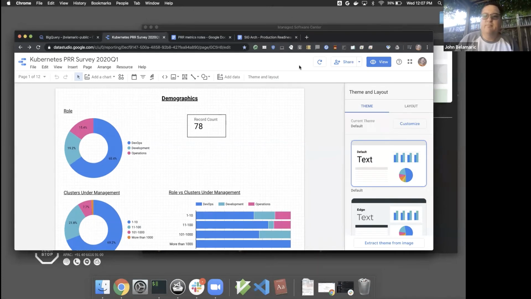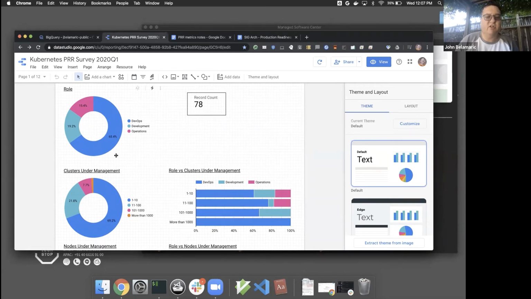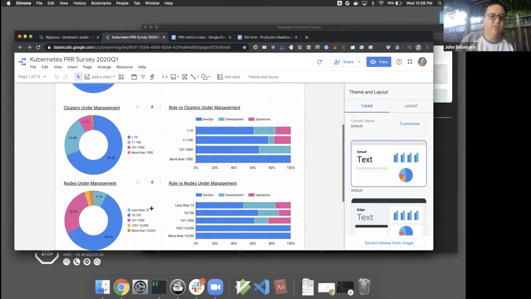One of the questions we asked was whether people are DevOps, development, or operations, just to give an idea of what the community looks like. I don't really slice anything else by that, just on this page. So looking at the responses, how many clusters folks have under management,